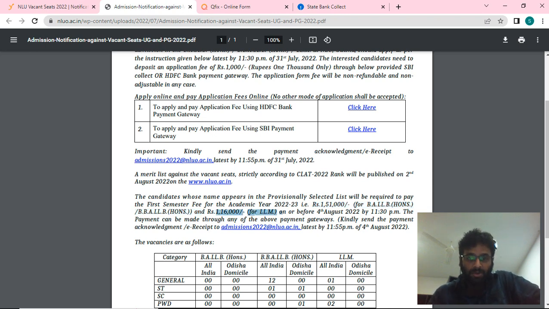We are not considered about this one, so only it is 1,51,000 for BA LLB and BBA LLB. By what date? 4th August, 11:30 p.m.